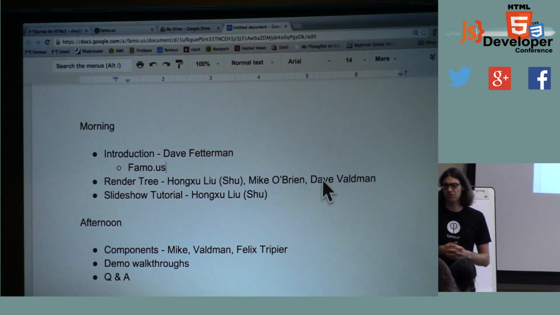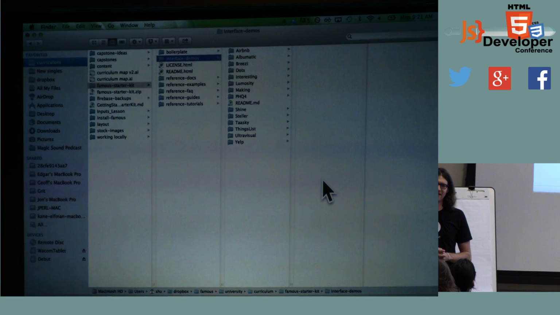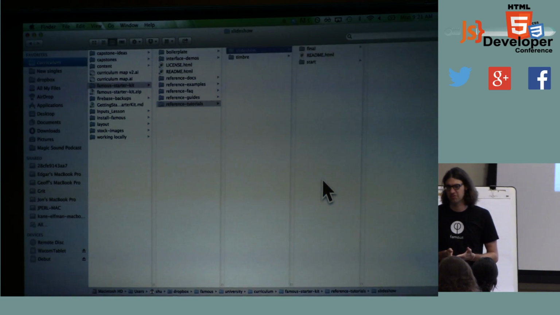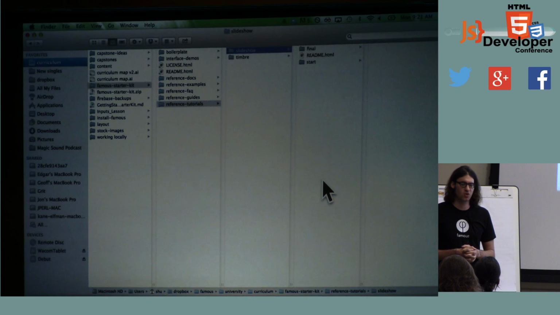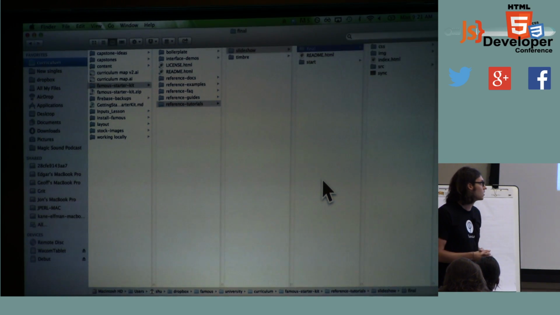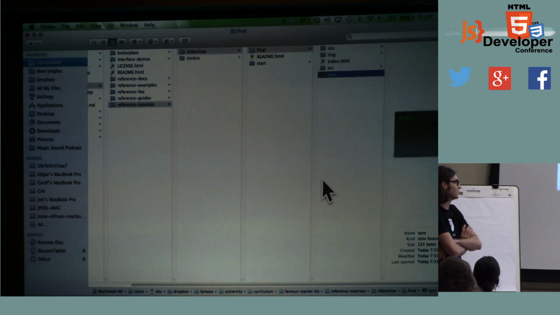So we're going to be going through one of these tutorials today called Slideshow. It's a really unique experience which you probably wouldn't see anywhere else except by building in something like Famous. But it does demonstrate some of the core concepts that you guys have learned through the first 5 lessons in the university. So if you go to Start, this is going to give you basically, if you go to Index here, this is going to give you essentially,